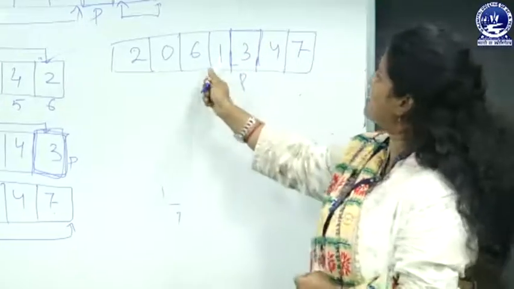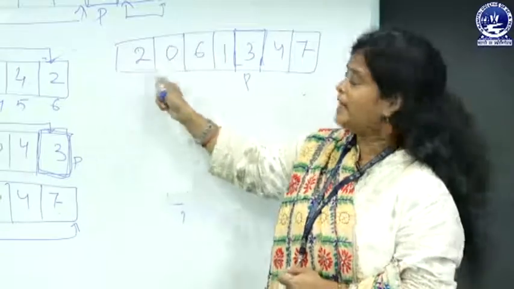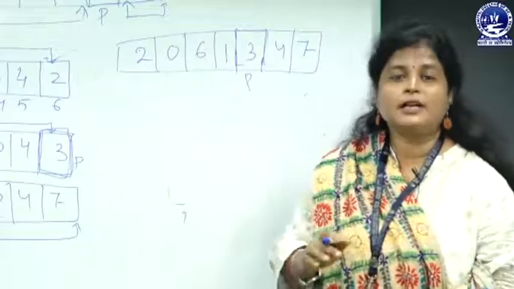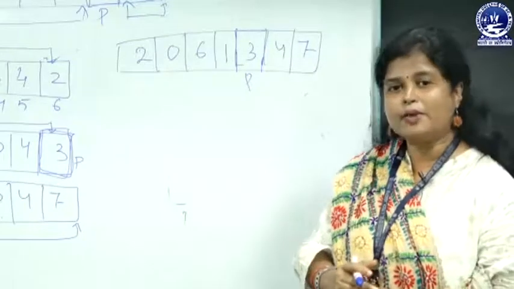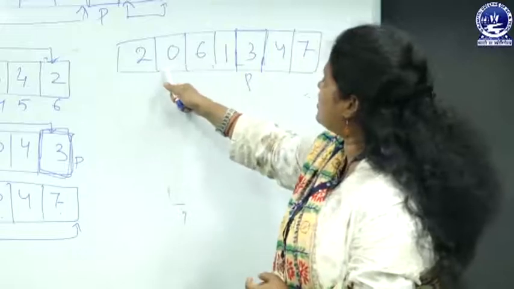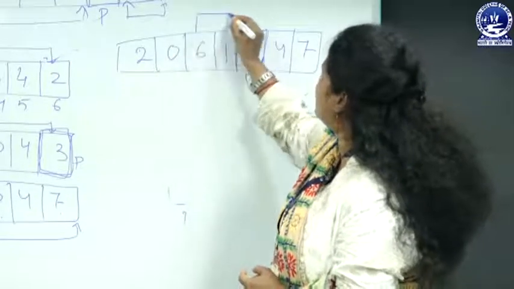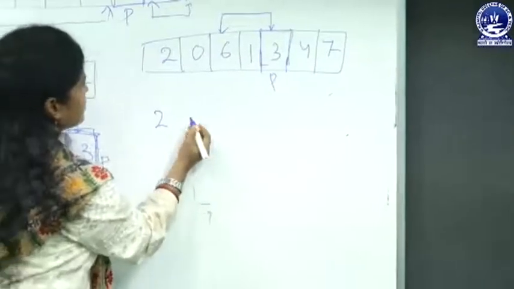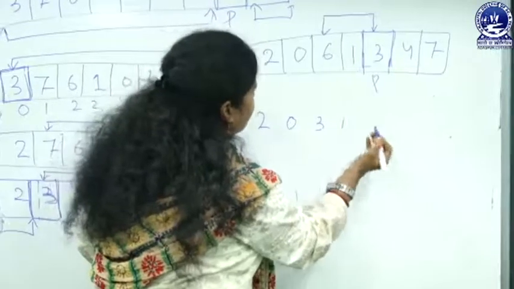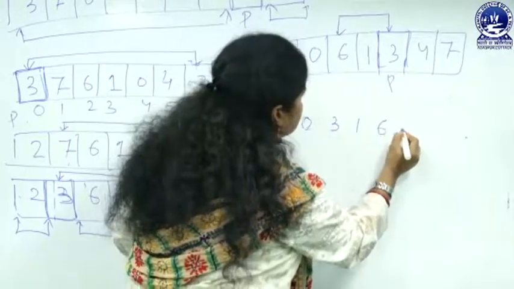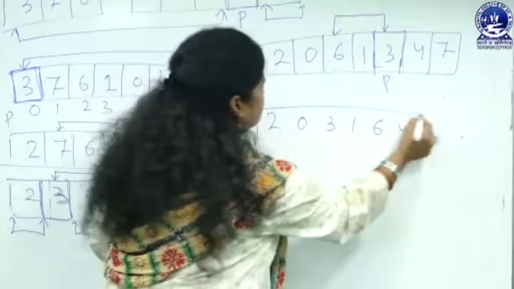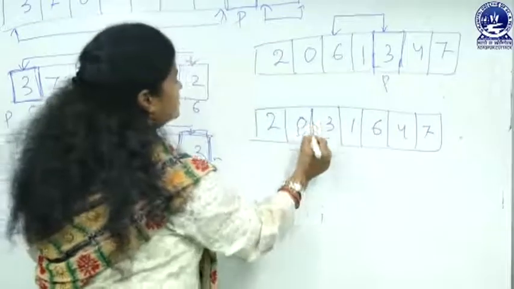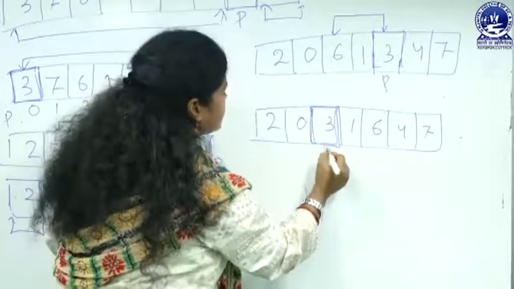So now we will compare with the left elements and then we will go for the right elements. All the left elements must be lesser in value in comparison to the pivot. It is true for 2 and 0, but now this one is violating the rule. So again swapping. After swapping, the list will be like this. And now the pivot is here.